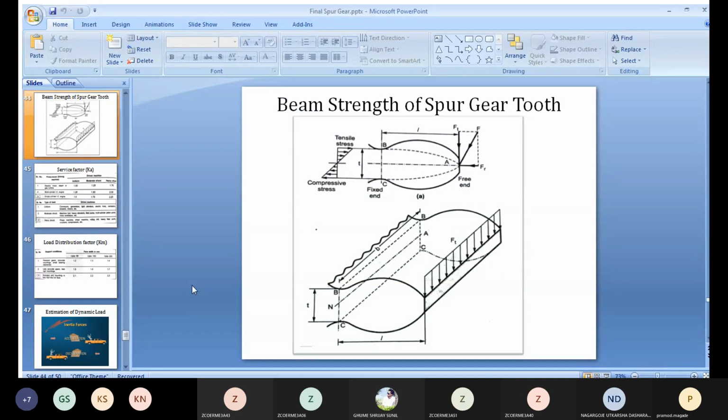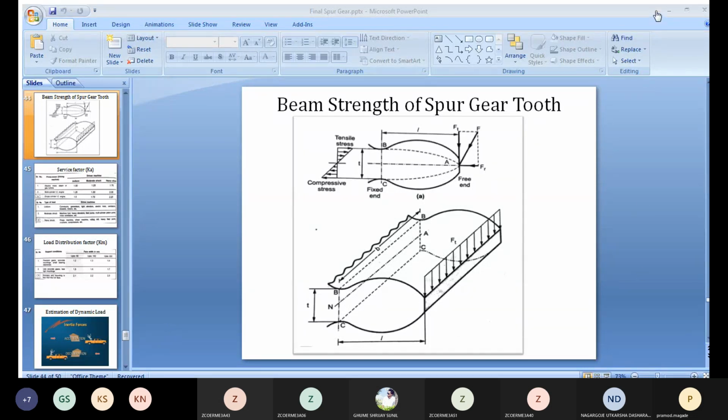Before that, I tell you, just in case of the beam strength, we have developed one equation, that is FB, beam strength is equal to sigma b b m Y. In that, one by one, we have seen what is the meaning of Y and all that. After that, we have seen about the wear strength, in which we have calculated d p b Q K, that is about the wear strength. And then we have directly moved toward the effective load, that is on the basis of a dynamic load